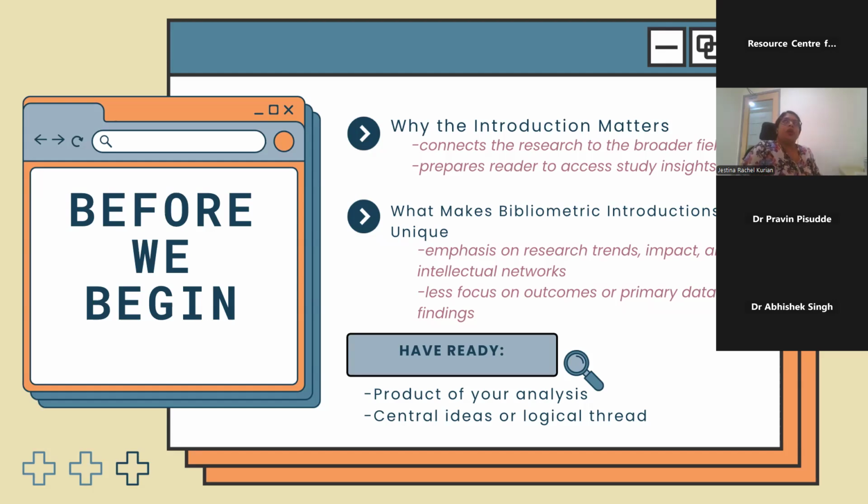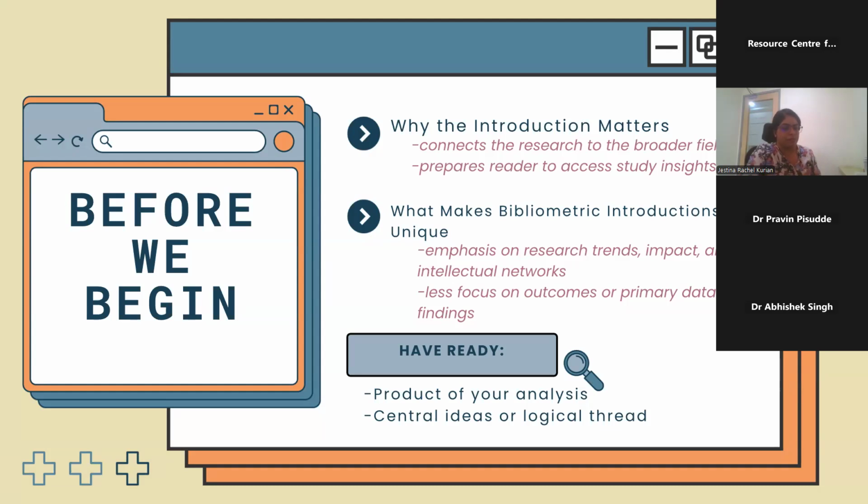For example, if you're going to write about tobacco control in pregnant women, the topic is tobacco control in pregnant women. The introduction is what connects the specific objectives of your research to the field of tobacco control in the specific group of pregnant women. A good introduction should prepare the reader to access study insights. So in my opinion, for bibliometric studies especially, a large, lengthy introduction is not necessary. Very concise, very logical